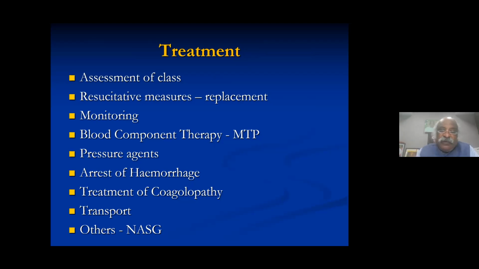Now, one question about the pressure agents. In hemorrhagic shock, is there a role for pressure agents? Believe me, it's a general practice that once the BP is low, you give pressure agents. But this is not applicable for hemorrhagic shock. The priority is to replace either with crystalloids or with blood. And subsequently, you can add the pressure agents.